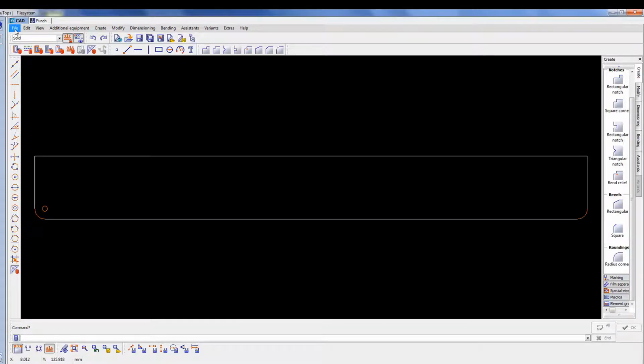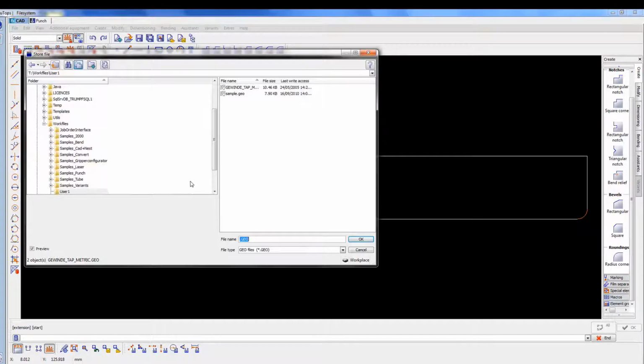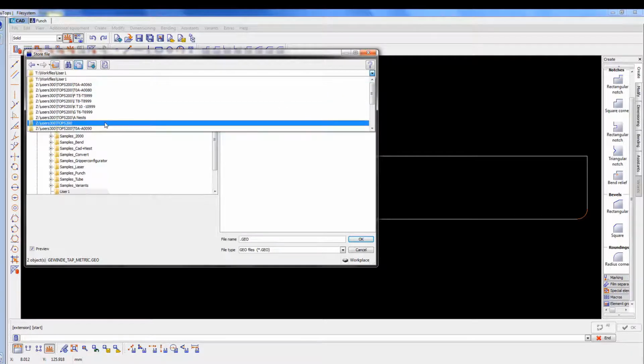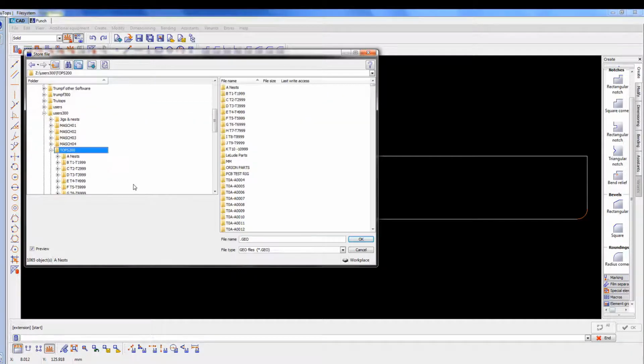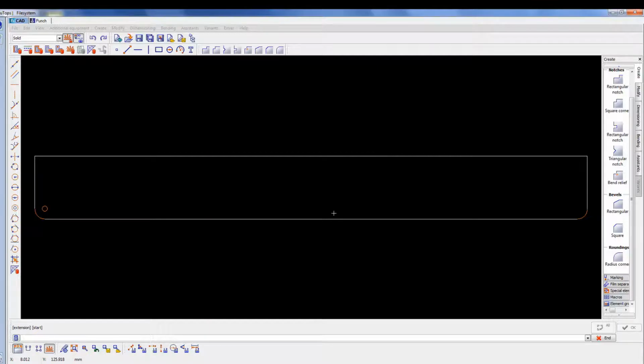So we go to File, Save As, and we put it into the directory we need to go into, which is the MMs. And we'll call this, which is the drawing number, it's a prototype, MM-447-1. So we'll OK that